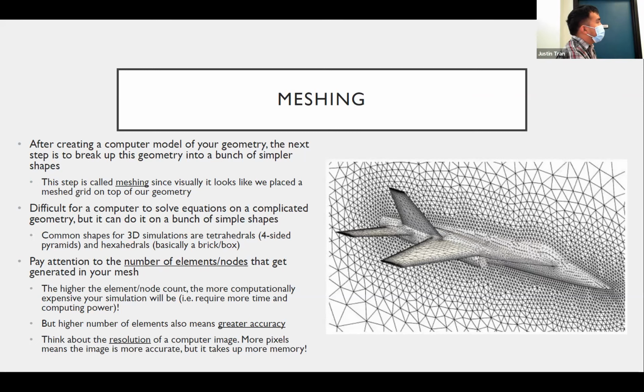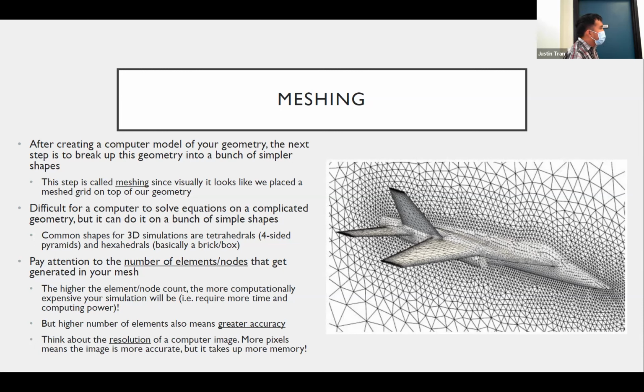And so this process of taking a complicated geometry and breaking it up into a bunch of simpler shapes is known as meshing. Okay, and we give it that name because visually it kind of looks like you put a mesh grid or mesh kind of manifold on top of your geometry. Okay, and so the reason we do this is that